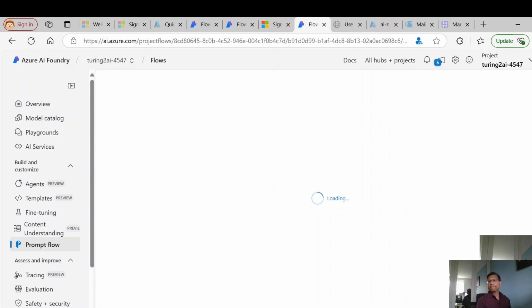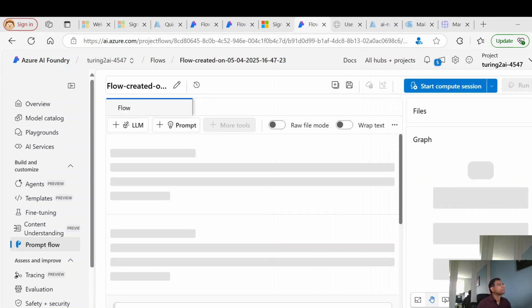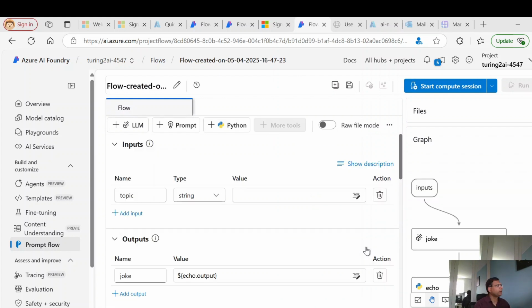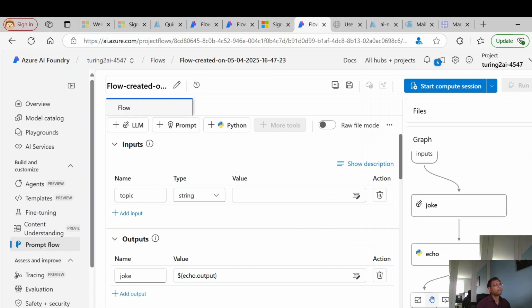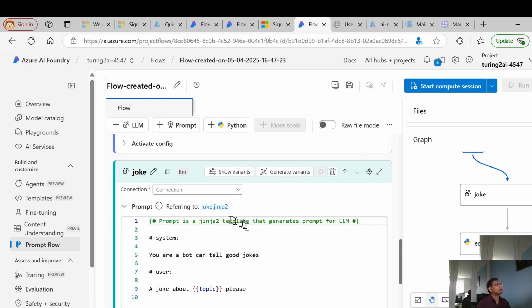Okay, the flow is being created now. Okay, so now we have the sample flow available. I'm not going to define this particular one. I'm going to just simply